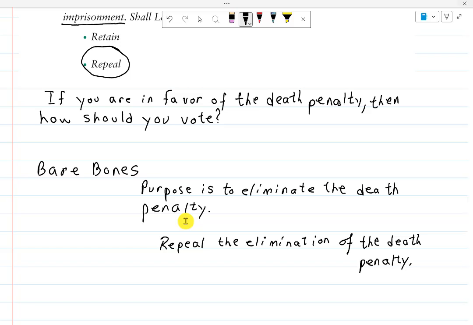Notice though, this right here, repeal the elimination, is a double negative. These often will confuse people because they have to go forward and backwards in their mind on this thing. And there are ways of writing things without double negatives that will be a lot clearer, and they chose not to. You have to keep in mind when you're reading this, there are issues involved. The people who wrote this bill may have been for the death penalty or against the death penalty. It's hard to tell from the writing of the bill.